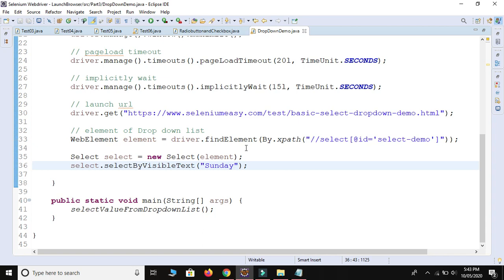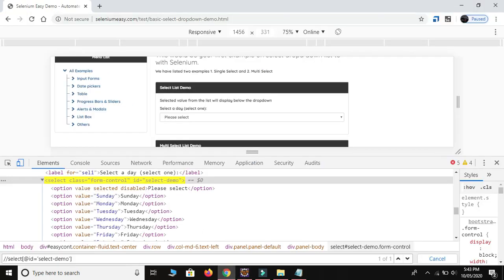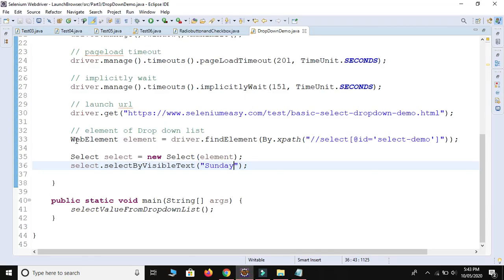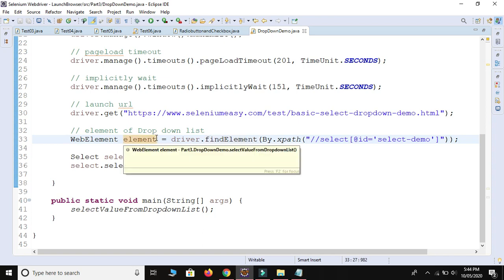The first thing is these sub elements come under the parent element, so it is better to take this parent element. We capture our parent element and store it inside the element reference variable. Now we are going to select some value from the drop down.